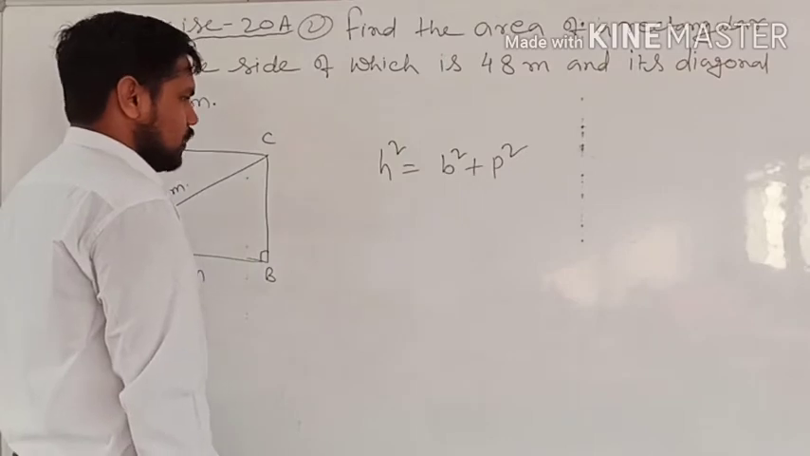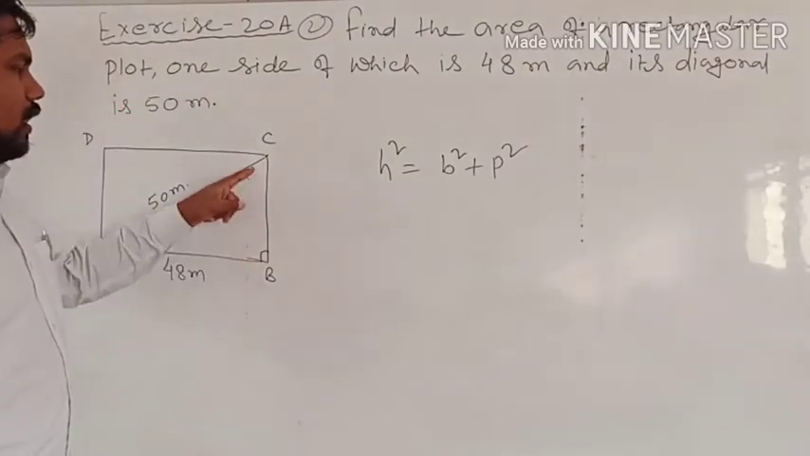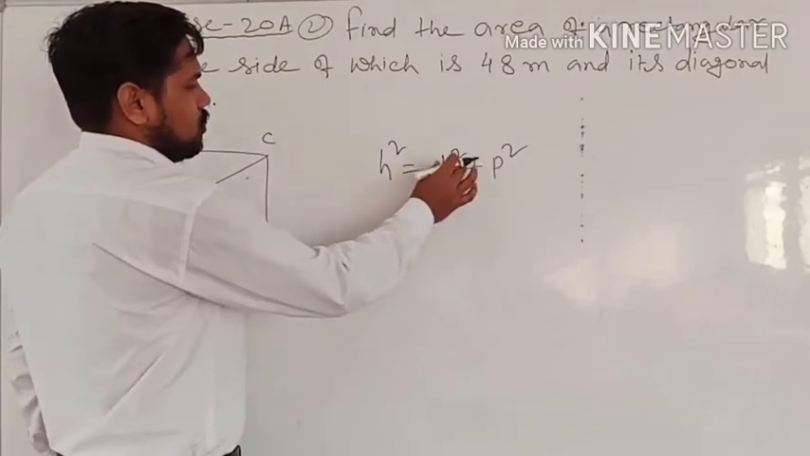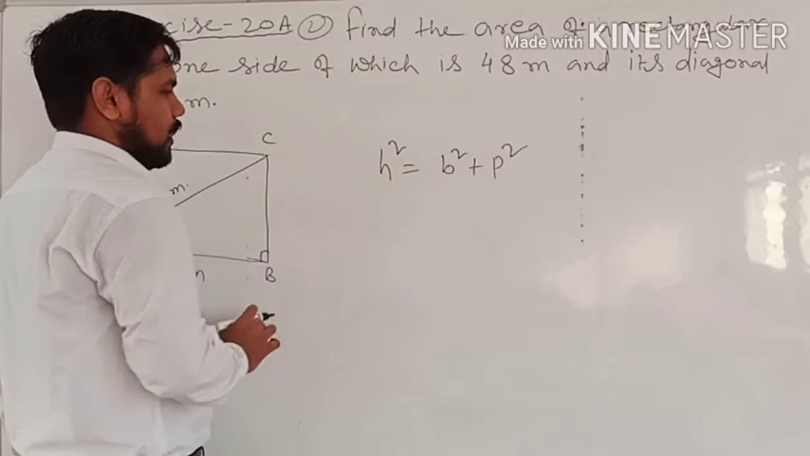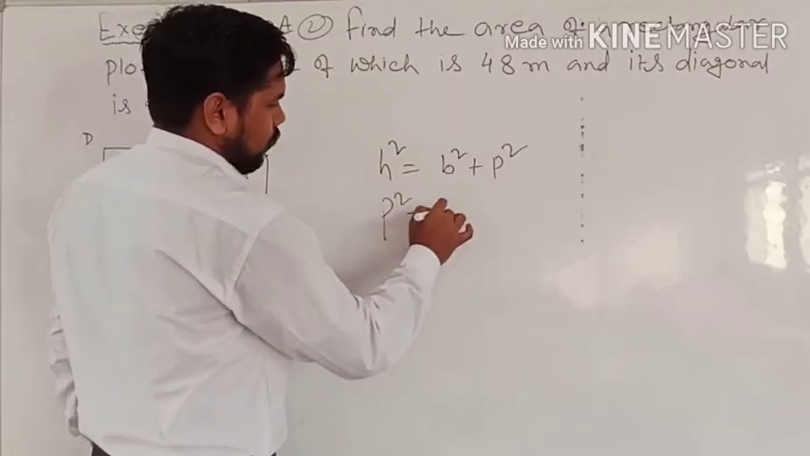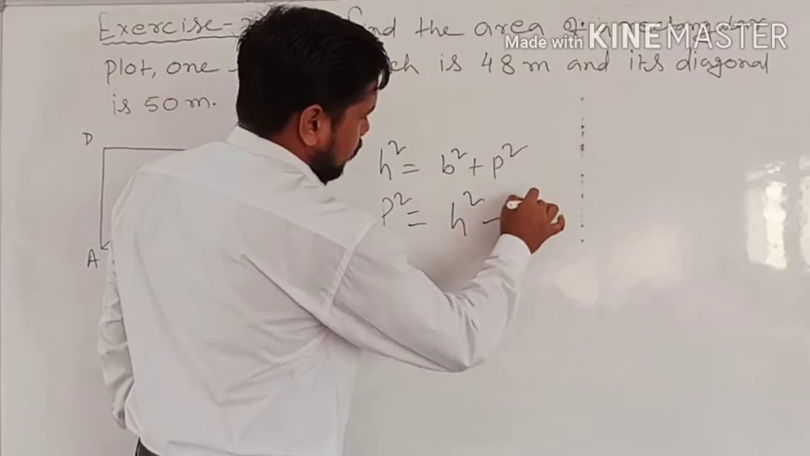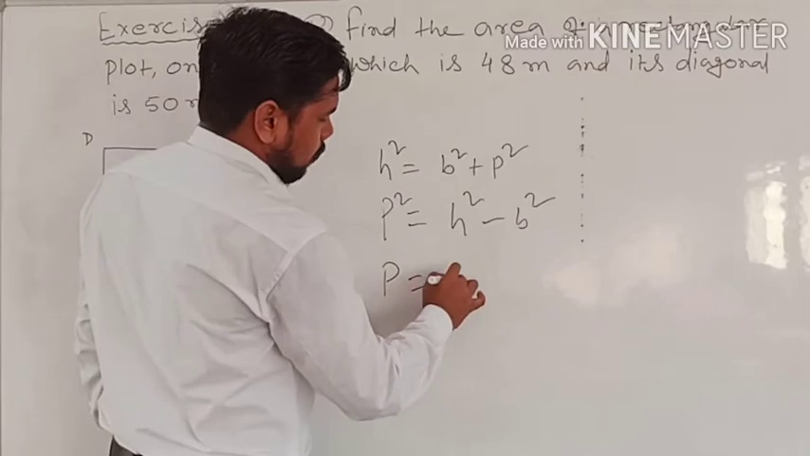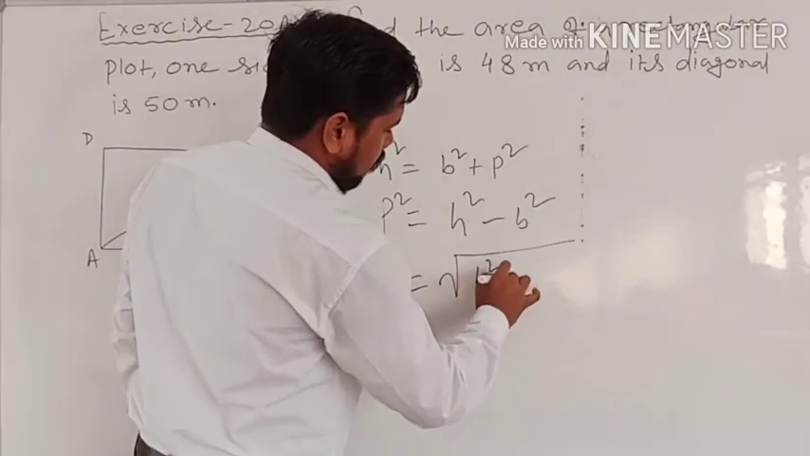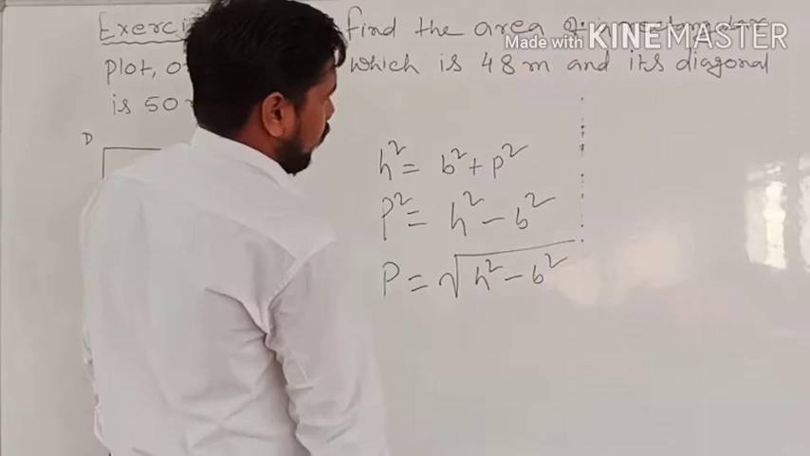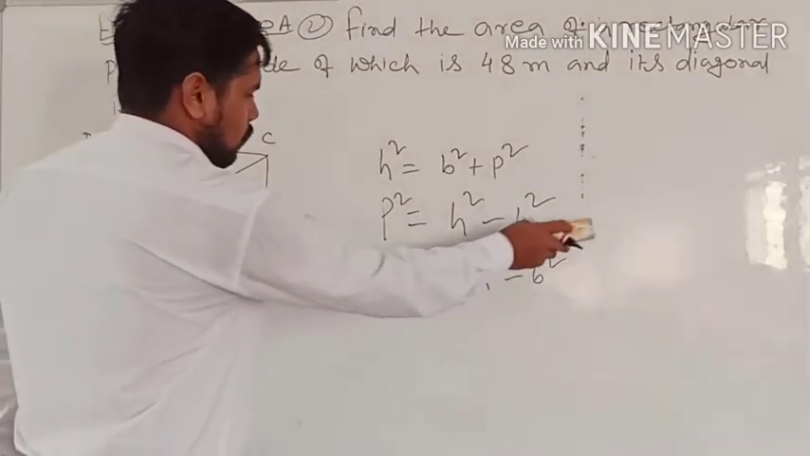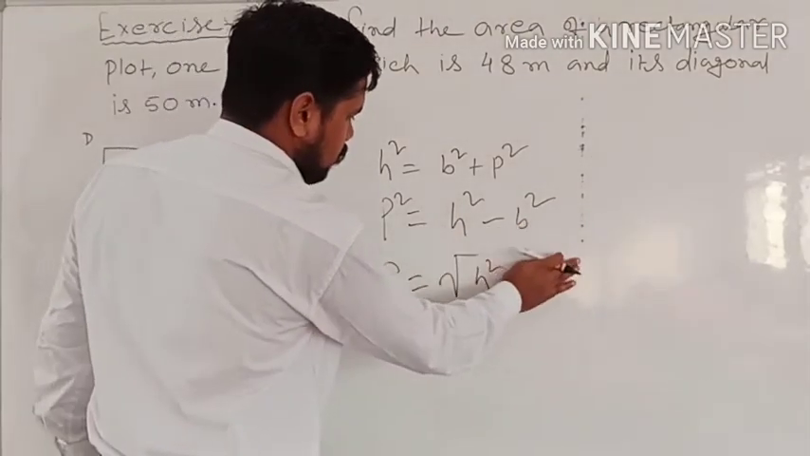So with the help of this only we can find out the perpendicular square also. In case of perpendicular, to find out the perpendicular square, we need to take this b square to this side. So perpendicular square will be x square minus b square. And if you take this square to that side, then perpendicular will be root under x square minus b square. So this is the basic thing we have to understand in this question. With the help of this only you can solve